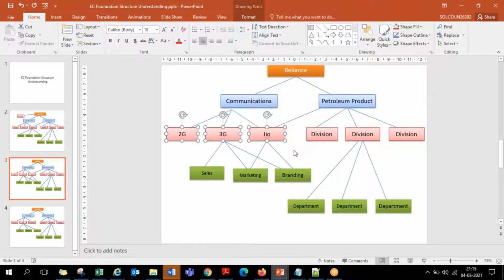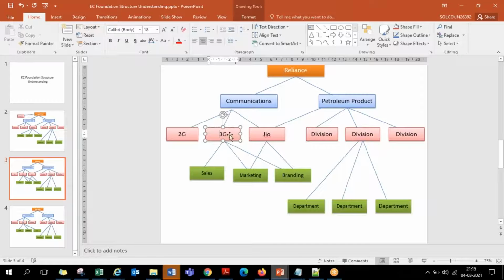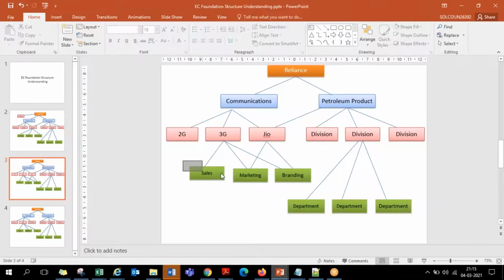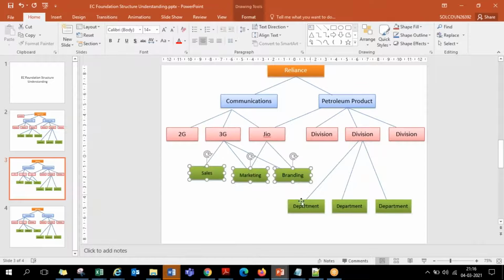Similarly, for departments, there are 6 departments, but once you select the division as 3G, only 3 departments, sales, marketing and branding, are connected. The other 3 departments are not connected to this division, so only those 3 departments should come in the dropdown while you are hiring the employee. That is where the system will structurally give the relevant values only. Based on the parent selected, the child level will automatically bring the respective applicable values.